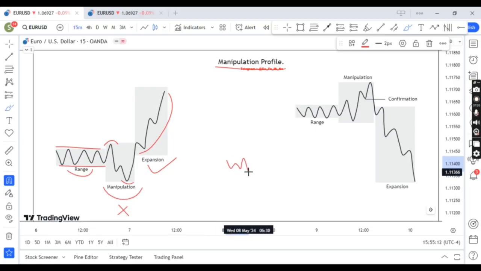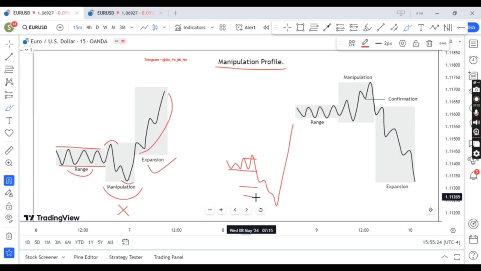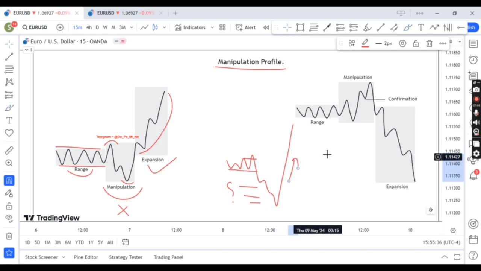manipulation is going to be, because let's say you took a turtle soup entry once liquidity was taken or a high or low was taken, then you cannot accurately measure where you're going to put your stop loss, because price can either have a big manipulation or a longer one or a small one, and you cannot measure it, right? It can take your stop loss and then expand in your designated direction. So for that the solution is to wait for the manipulation profile to end, and once that ends